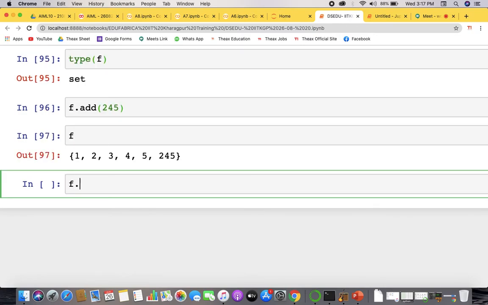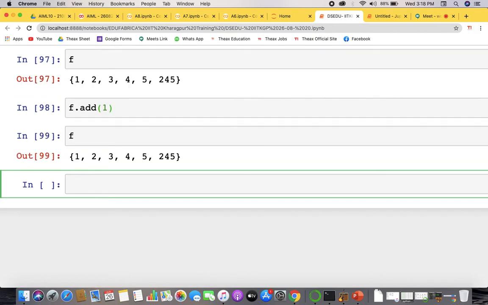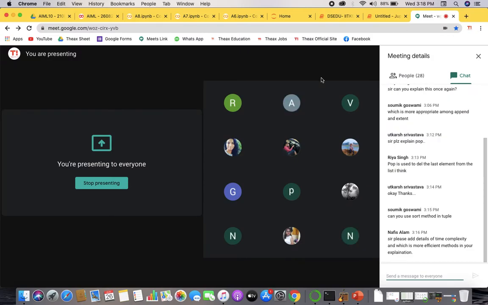But if I write an element which is already present inside the set, that is not going to affect my set. Can you see any difference now? So there cannot be any duplicacy, right? If you write this statement in the case of a list or a tuple, you must get the difference; it will be added up. But in the case of a set, it is not so.